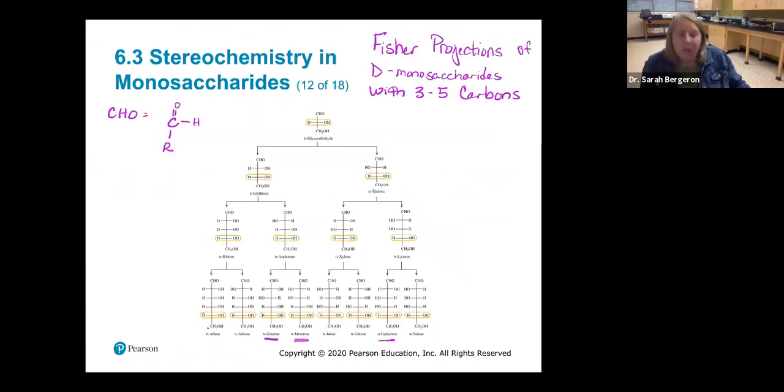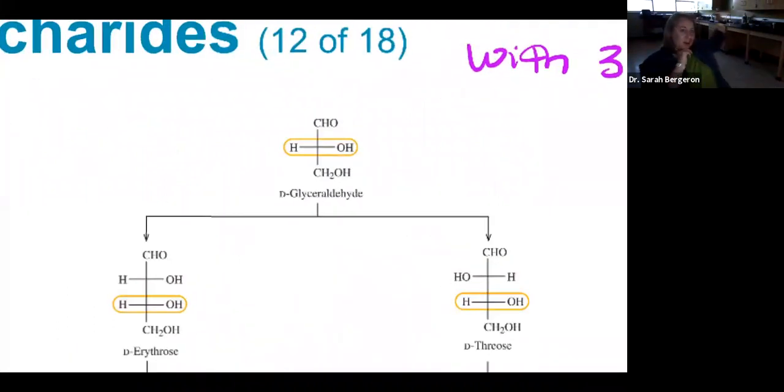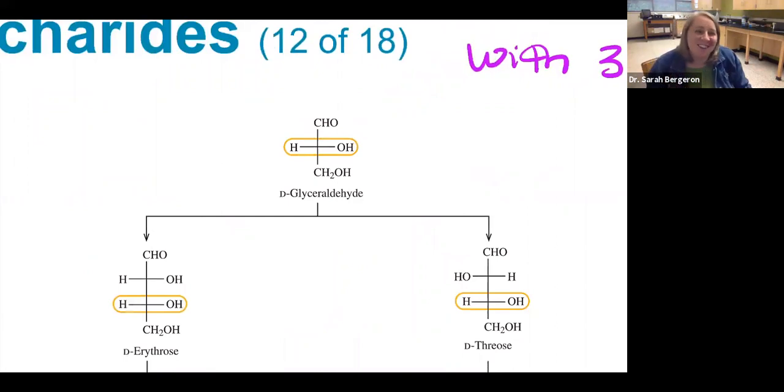Okay. All right, so when we look at these, I've only shown you a couple of different monosaccharides. This is not most of them, but the ones that are 3 to 5 carbons. So these are D monosaccharides that have 3 to 5 carbons. So we start out, oh, and I'm in a room that has motion sensors and they're not picking up me moving enough. All right, so our first one, D-glyceraldehyde, this is our easiest one because it only has 1 chiral